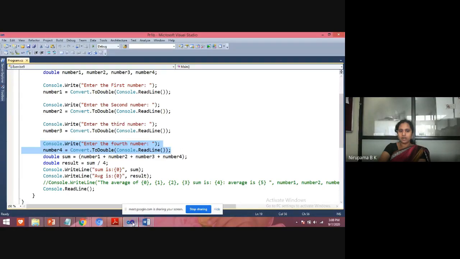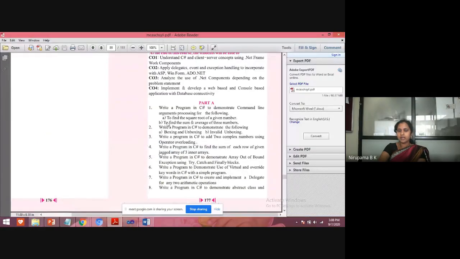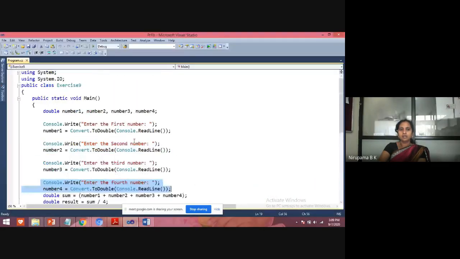Because here we need to understand how to write a program to find the sum of given numbers and the average of those numbers. First I'm taking a number, and one more thing, we are parsing it to double.